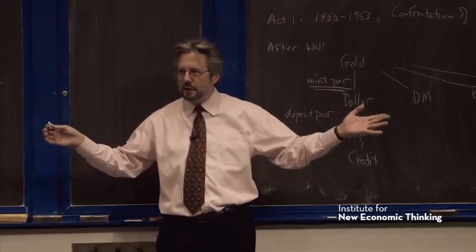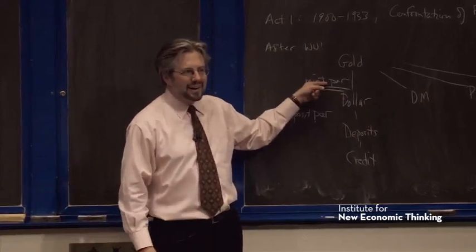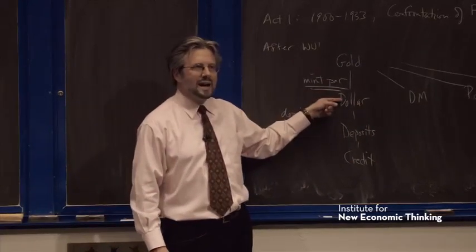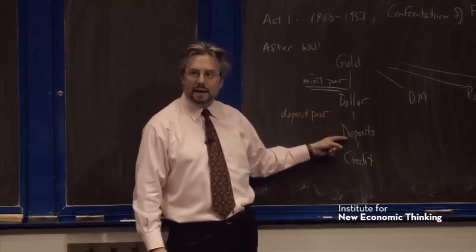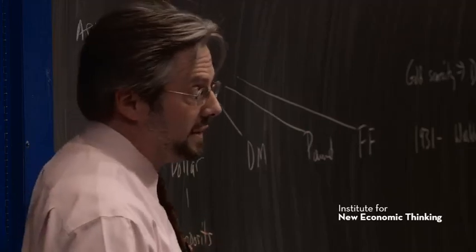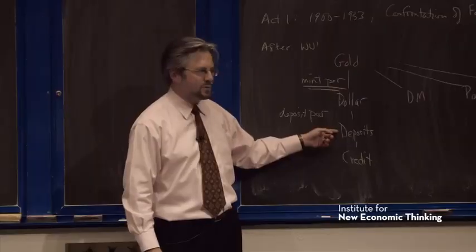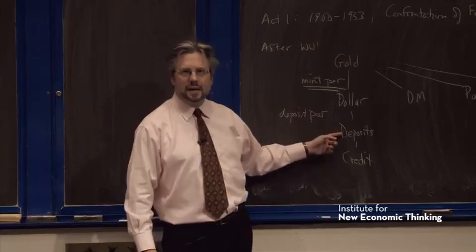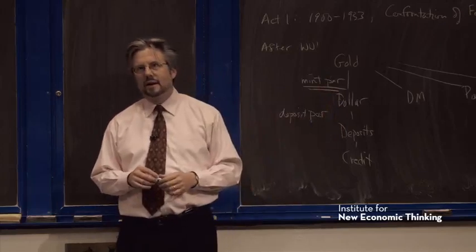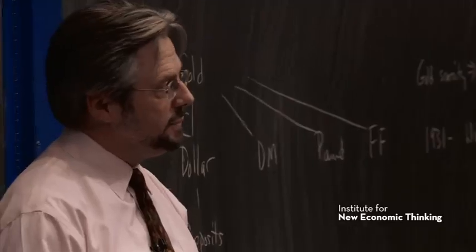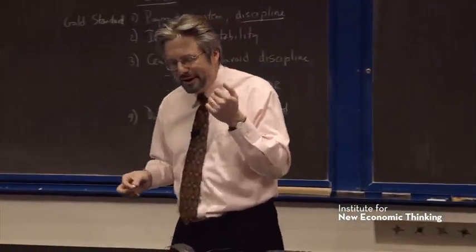banking system closes. Alternatively, you could have abandoned that par and said we're not going to pay in gold anymore. We're going to maintain this par, and we're going to support the banks by being a lender of last resort to them. But you can't do both. You can either be a lender of last resort to your domestic banks, or you can defend the dollar's value in world markets, not both. Those are opposite policies.